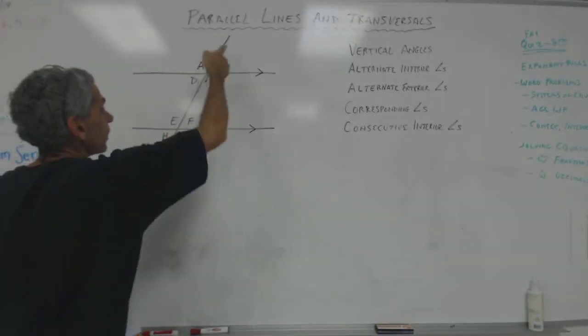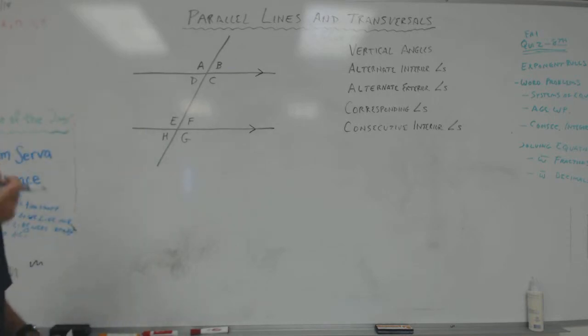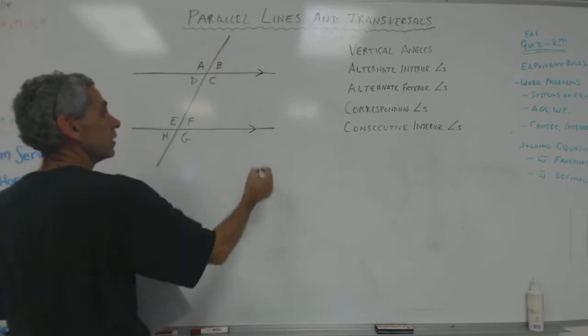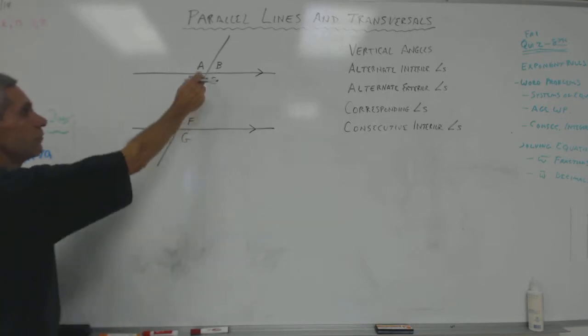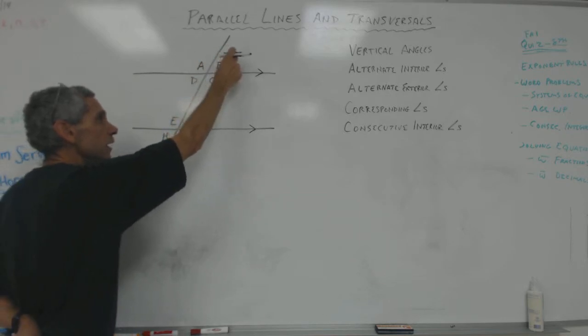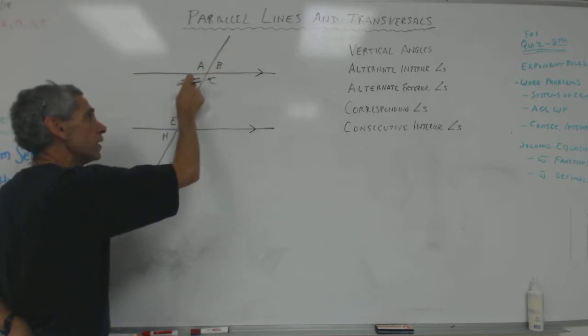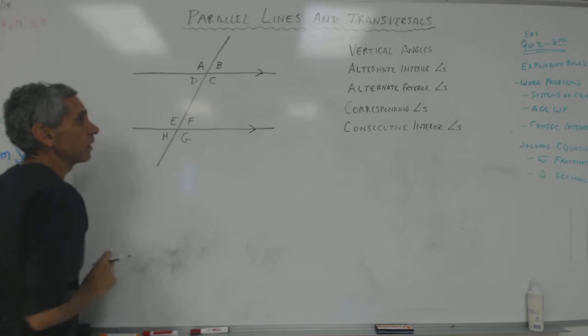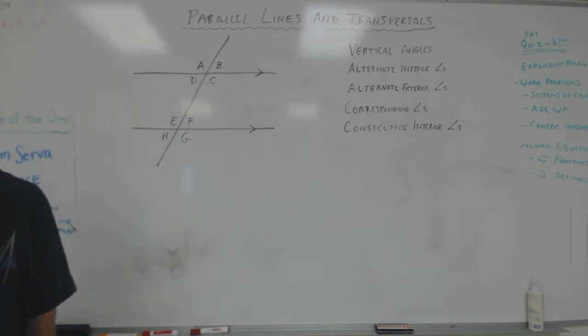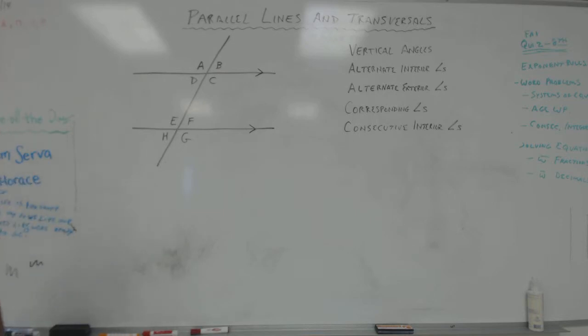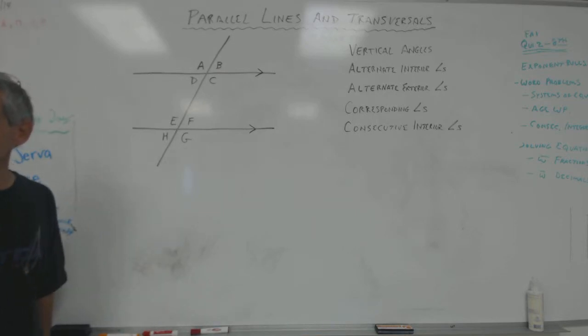That is a transversal line, and sometimes you'll see two. I could have drawn another one like this, or whatever. But for now, we're going to just stick with one. And then we have all these angles. We have this angle, this angle, this angle, this angle, this one, right? And some of these angles are equal. As a matter of fact, I'm going to tell you this right up front. When you have two parallel lines and one transversal,